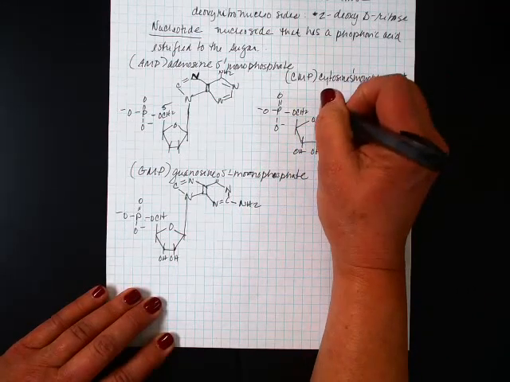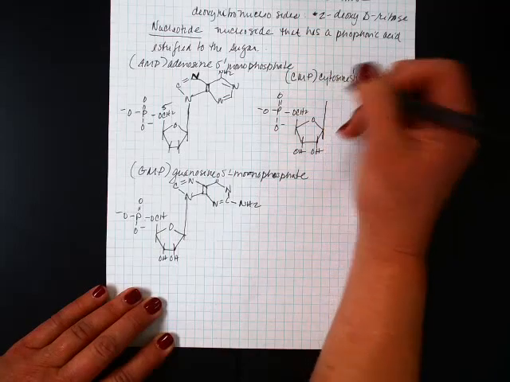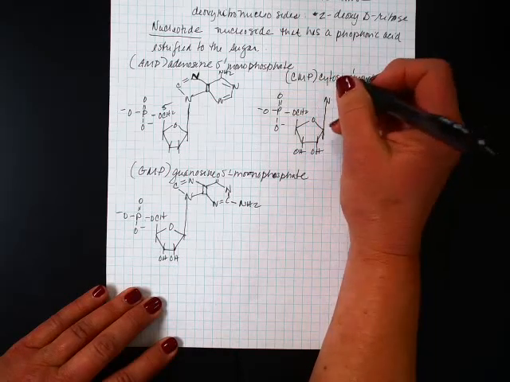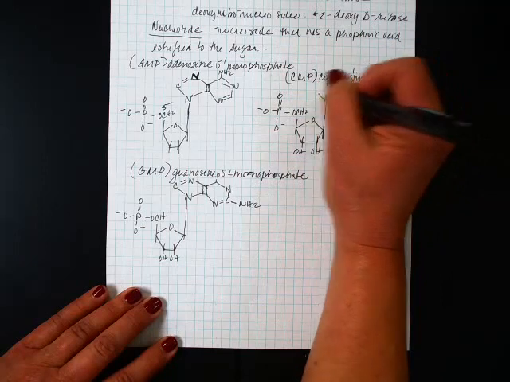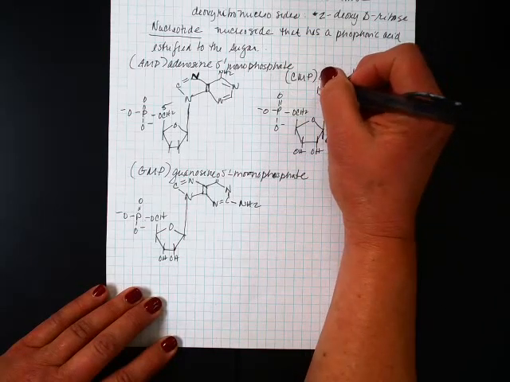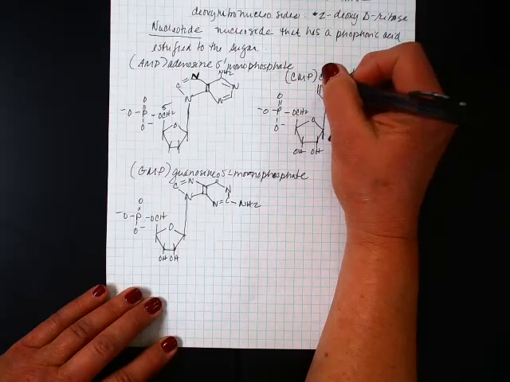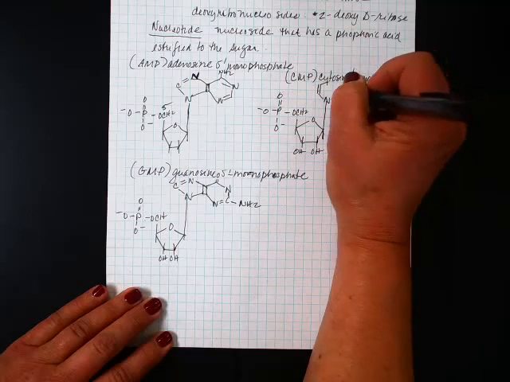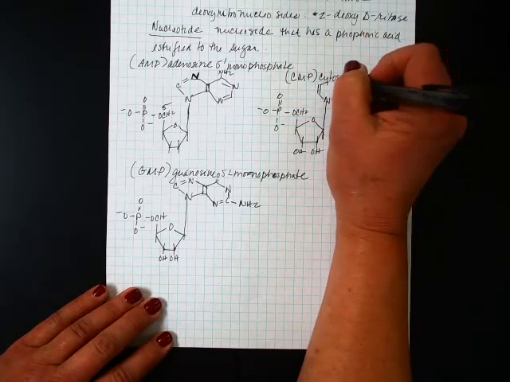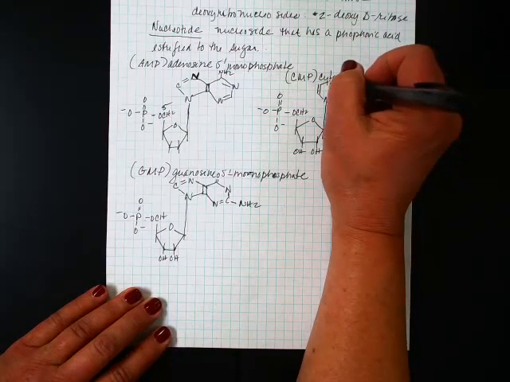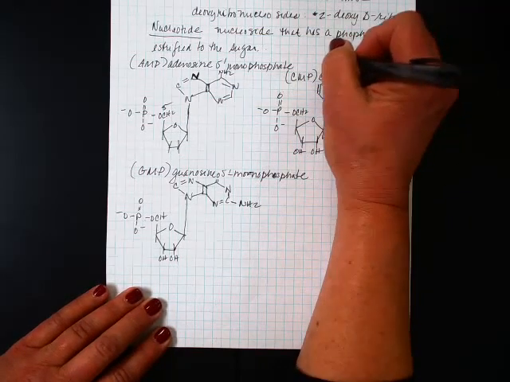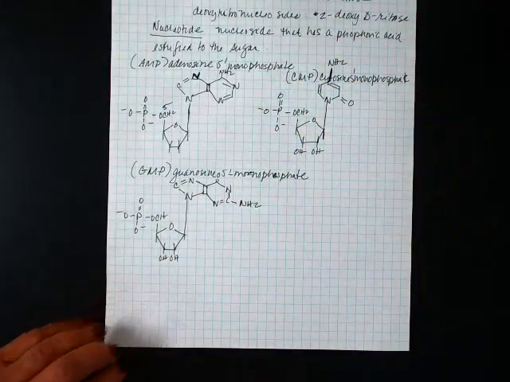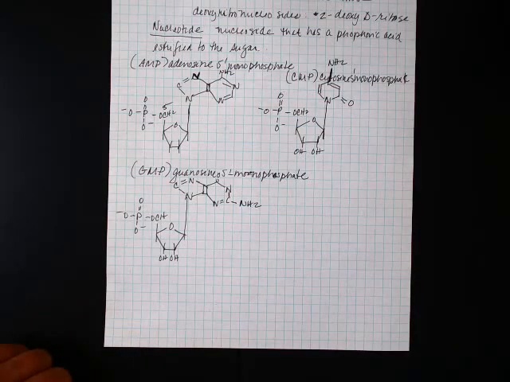Through that, whoops, I shouldn't have gone up that high. The nitrogen at the base of that ring. Sorry, I really didn't leave enough room. We've got a double bond here, and then we have an amino group here. So cytosine 5' monophosphate, and the last one is UMP,